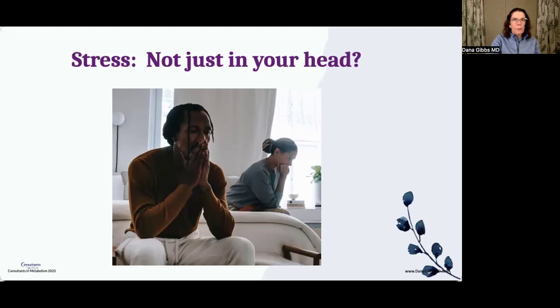But more modern stress would be things like a near miss on the freeway or a car wreck. But it can also be physical stress like pain or malnutrition. This is one of the reasons calorie restricted dieting is so bad, is because your body perceives it as starvation. Short sleeping, inflammation, illness, even over exercising are stress.